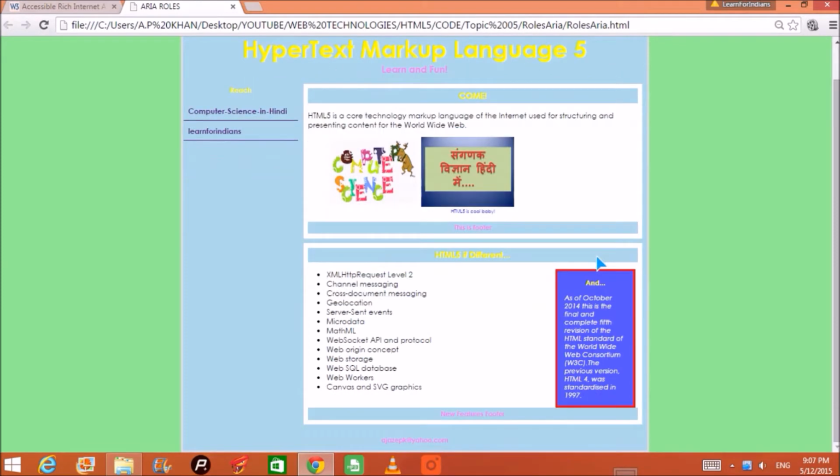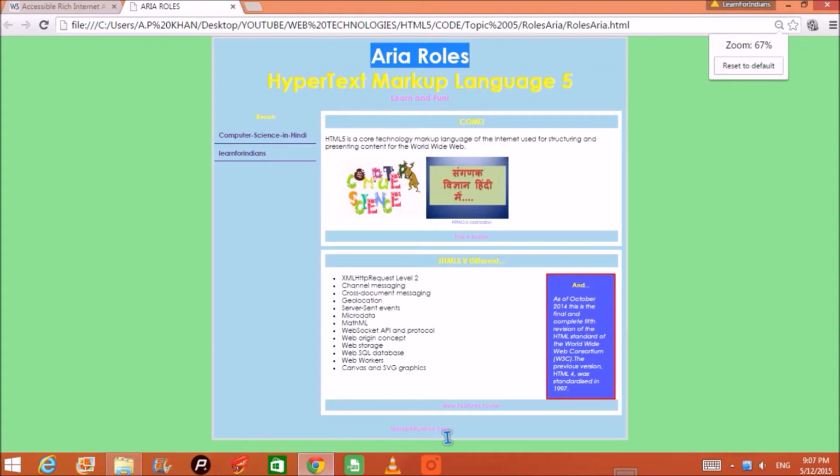This is the header of the page, and this is the footer of the page. These are navigation. These are two articles, and this is aside. Every article has its own header and footer. So the basic parts of this web page are the header, footer, navigation, article, and aside also. So what if a visually impaired user wants to know where his mouse has reached, or what are the important parts of the web page? For that, the ARIA role comes into play, and it makes life pretty easy.